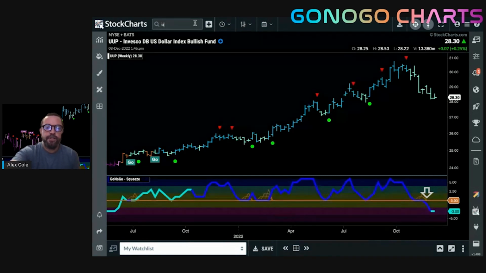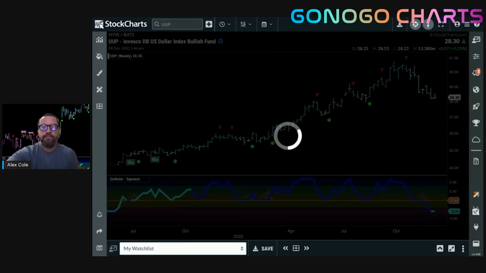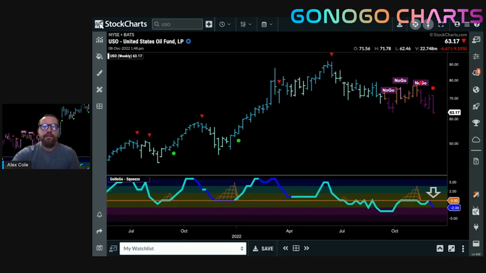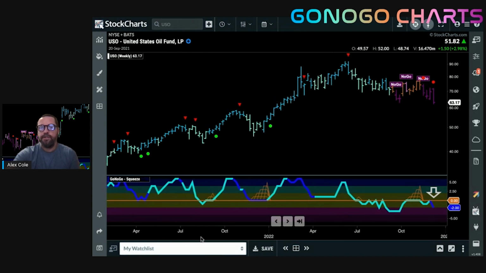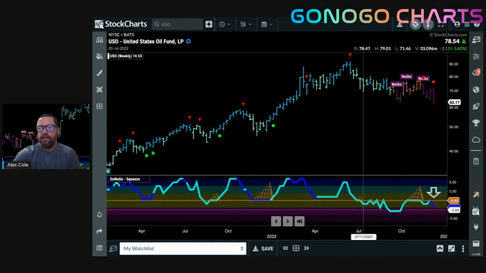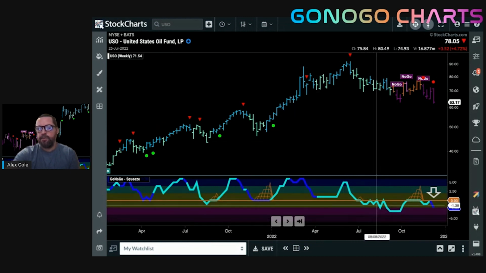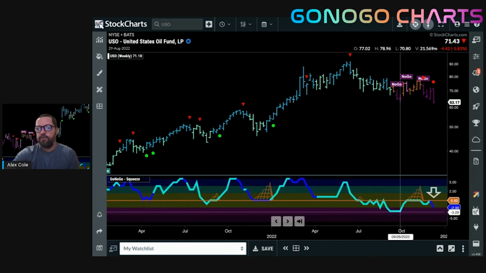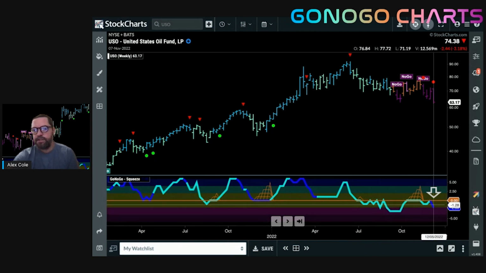Let's move on to the oil chart. And we've been looking at this weekly chart for quite a while. You can see how we fell out of this Go trend, again, with the leading indicator coming from the oscillator panel as we failed to find support at zero. We broke below, we found resistance. We then rallied to test that level, found resistance again. And what you can see this week is that we have been rejected by the zero line again on heavy